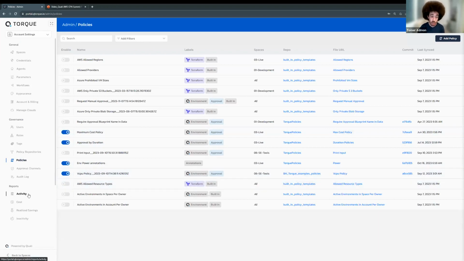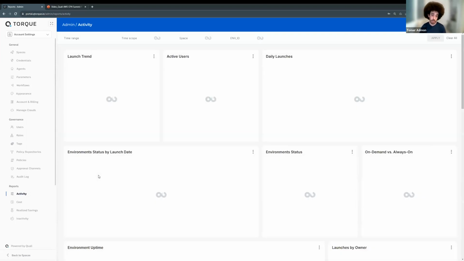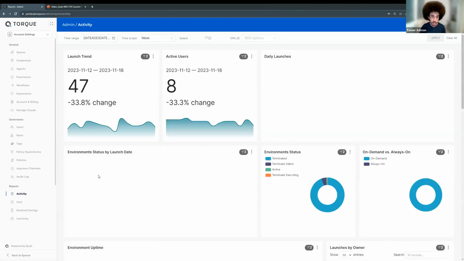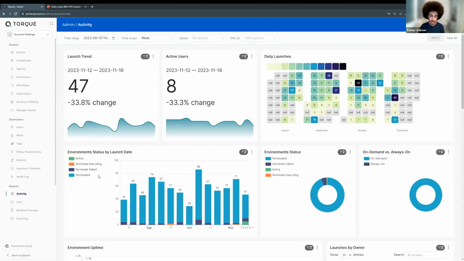Now let's move on to cost and reporting in general. So visibility over the operation is extremely valuable. And if you're using AWS CloudFormation or AWS Service Catalog, I'm sure you're using multiple accounts, maybe more than one cloud, maybe hybrid with an on-prem environment, and you're pretty much missing the big picture. You want to see everything. So obviously Torque is that component that can give you visibility into all of these. We see a lot of customers using that for multiple clouds, multiple accounts, multiple subscriptions, etc.